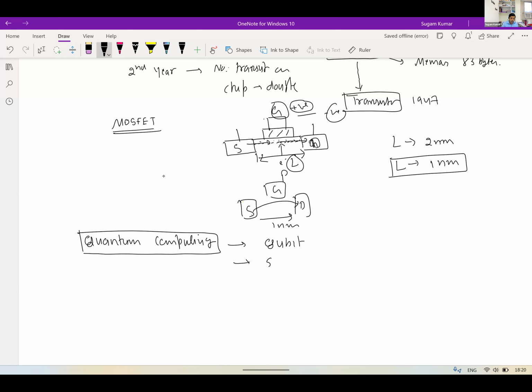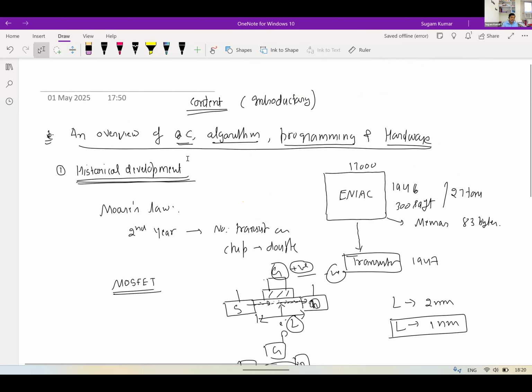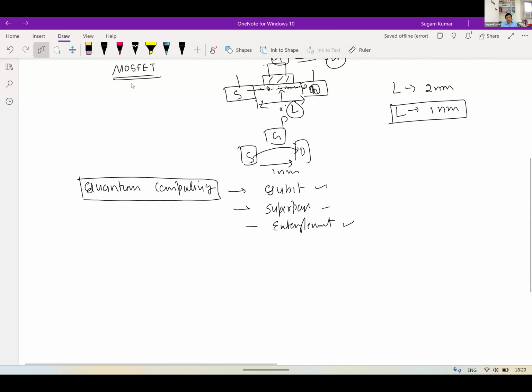We're going to use superposition. We're going to use entanglement. These basic phenomena, qubit, superposition and entanglement, are going to give us an alternate way to do computing. And of course, the quantum computer is much superior to the classical computer. How it is superior, we will discuss in the second part. So this is what I'm planning to discuss in the first section, the historical development: how the concept of the quantum computer came into the picture and why it is more interesting at the present time.